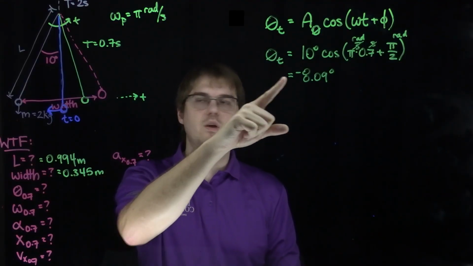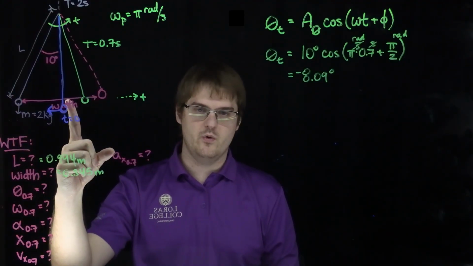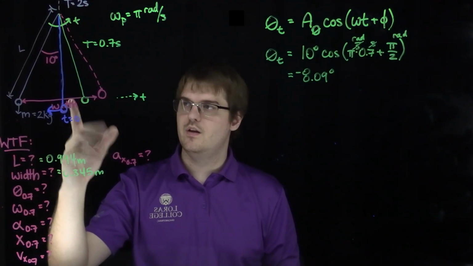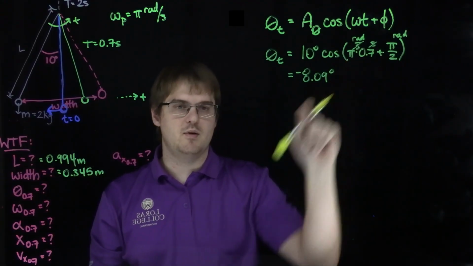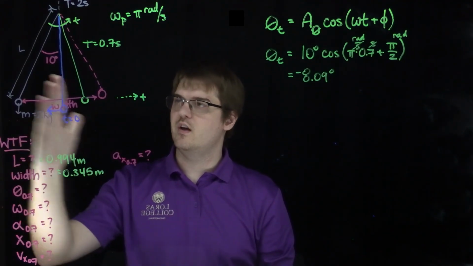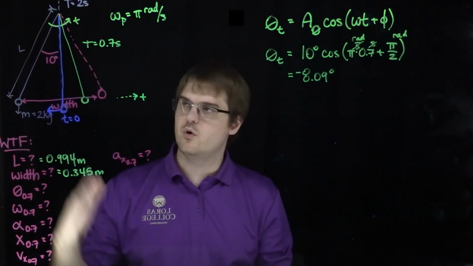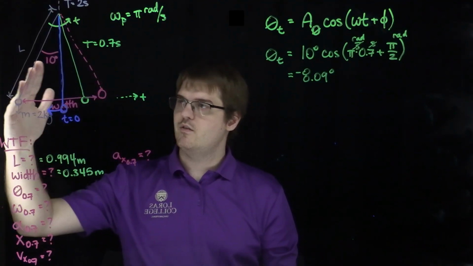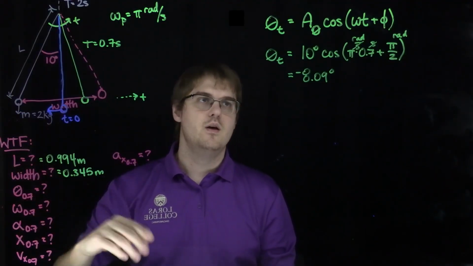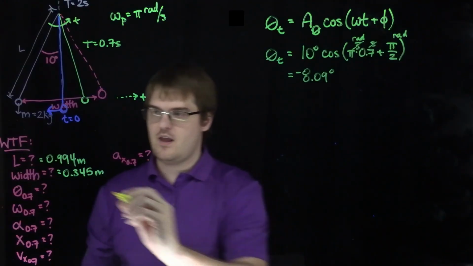And I have gone 0.7 seconds from here. So from here to here and back would be 1 second, and I am less than 1 second. I'm at 0.7 seconds, so I haven't made it all the way back. I'm hopefully going to see a positive rotation because we're half a second when we make it here. We're rotating back for the second half a second, but I'm still on the negative side. So we have negative